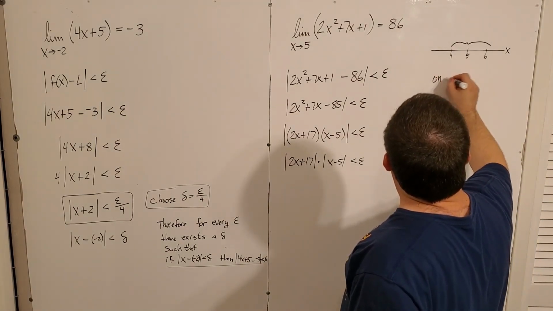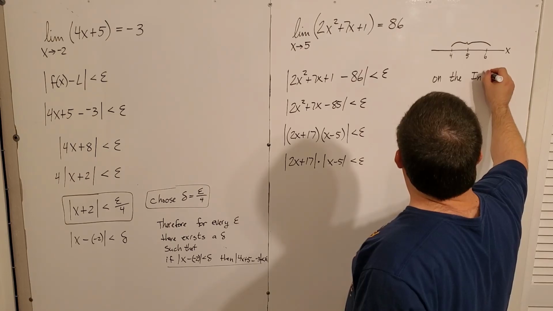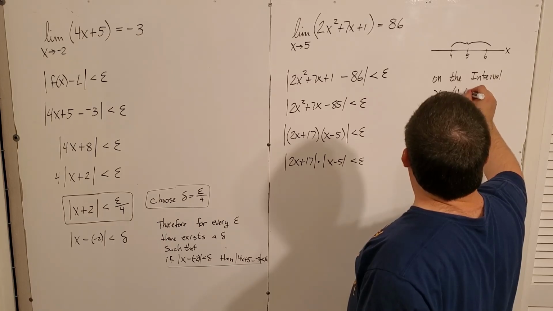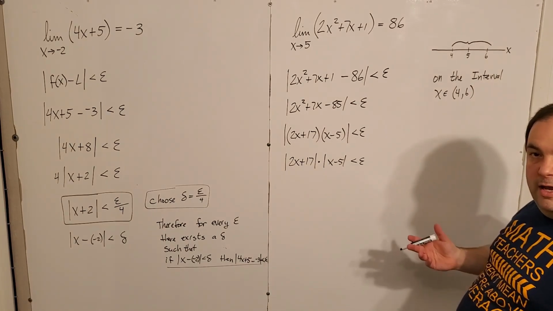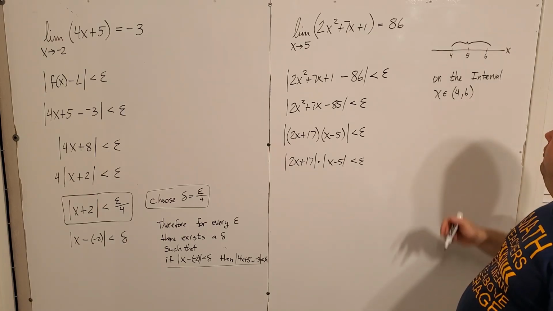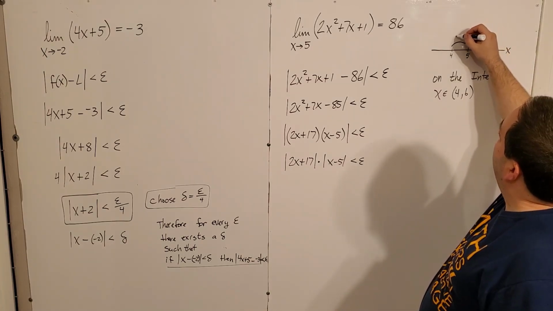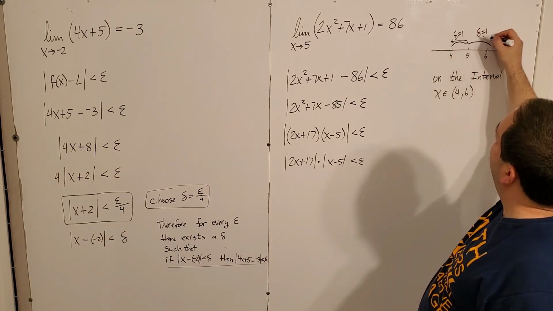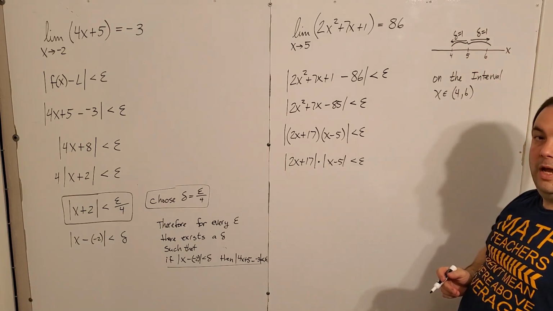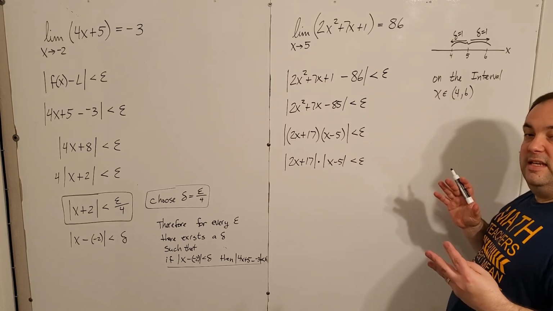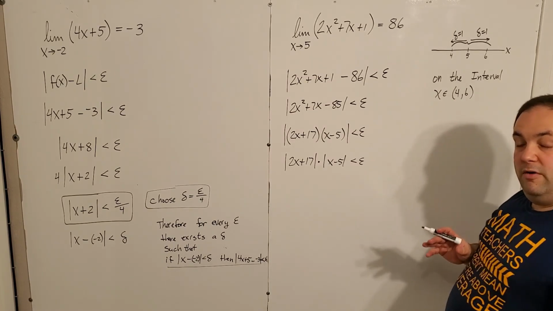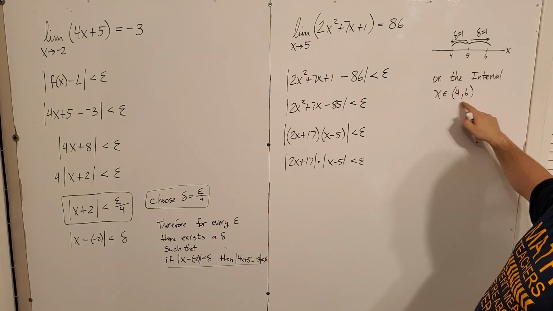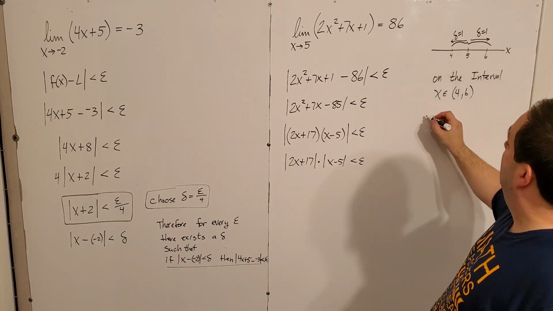So look, on the interval where x is between 4 and 6, and notice I'm using an open interval, right? The open interval right here between 4 and 6, if I wanted to, I could say that the delta is 1, by the way, right? Because that would get me a distance to 4 or to 6, okay? So basically, I'm sort of using this as just an easy shell to build off the next step, okay? But on the interval that x is from 4 to 6, okay, then 2x